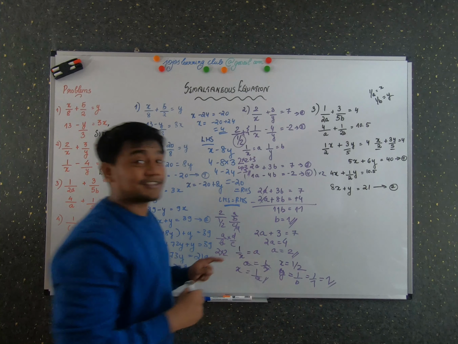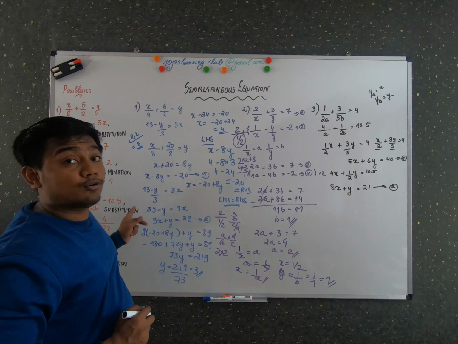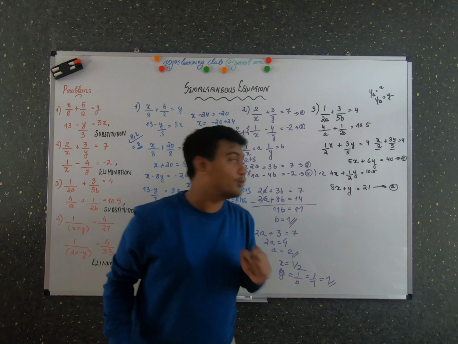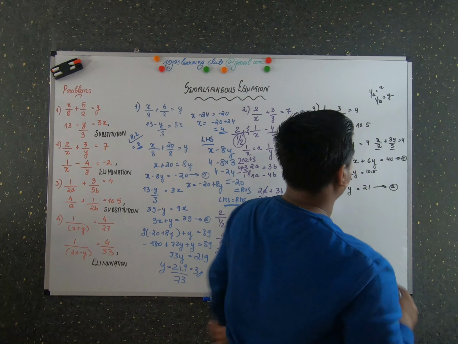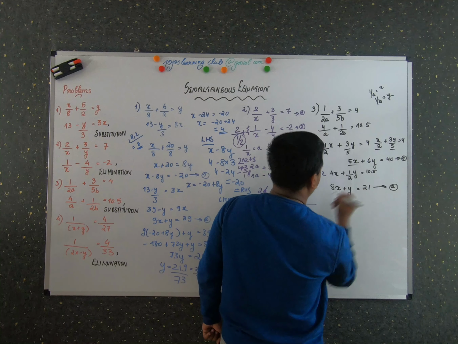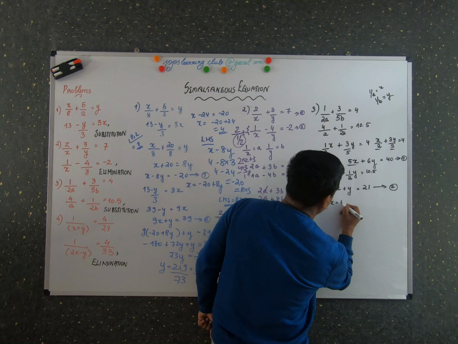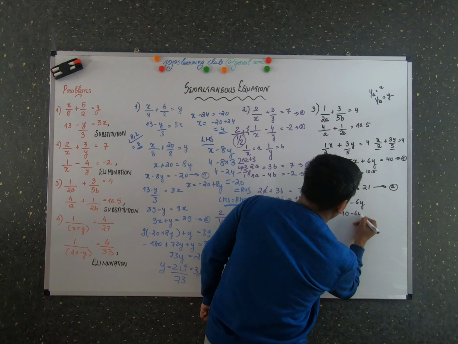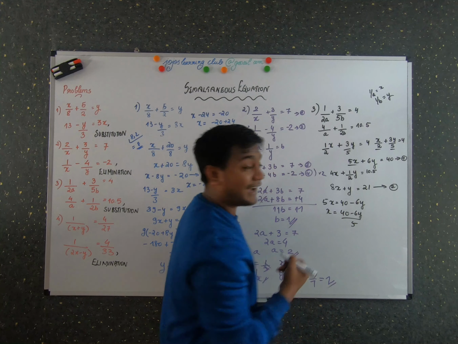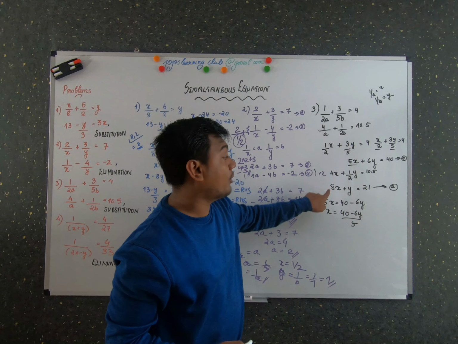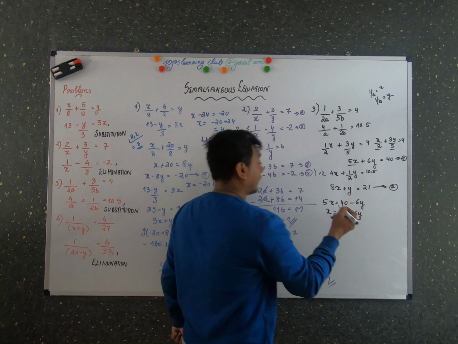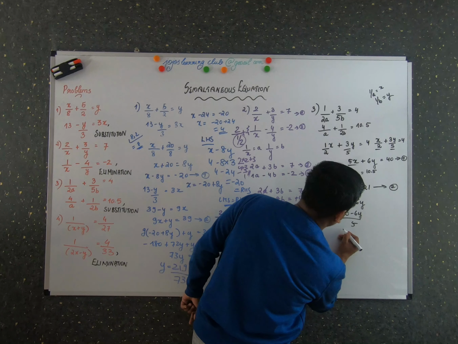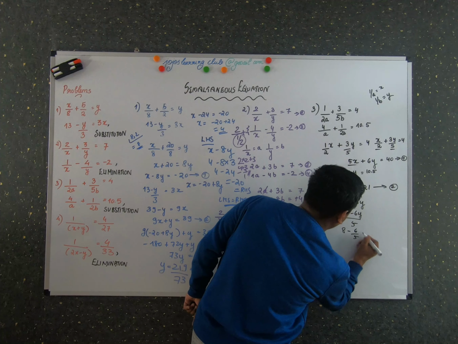So now we have two equations, and in this problem it is said to use the substitution method. So I'm going to solve these equations using the substitution method. So 5x plus 6y is equal to 40. Okay, so I'm going to take 5x here. So 5x is equal to 40 minus 6y. So x is equal to (40 minus 6y) by 5. Right? So I'm going to substitute the value of x over here. Before that, I can just make it simpler. 40 by 5 is 8. 8 minus 6 by 5 y.